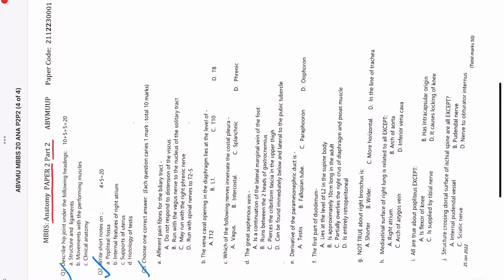So according to me, the statement that afferent pain fibers to the biliary tract do not respond to distension of the viscus is wrong. As I told you, after a certain limit, the distension of the viscus becomes painful. The next option is that it runs with the vagus nerve to the nucleus of the solitary tract. This also is wrong because the vagus does carry general visceral afferent sensations, the pain sensations from the viscera in